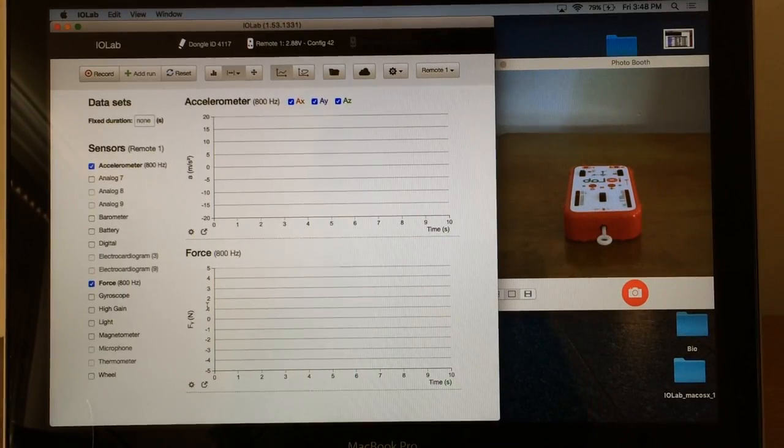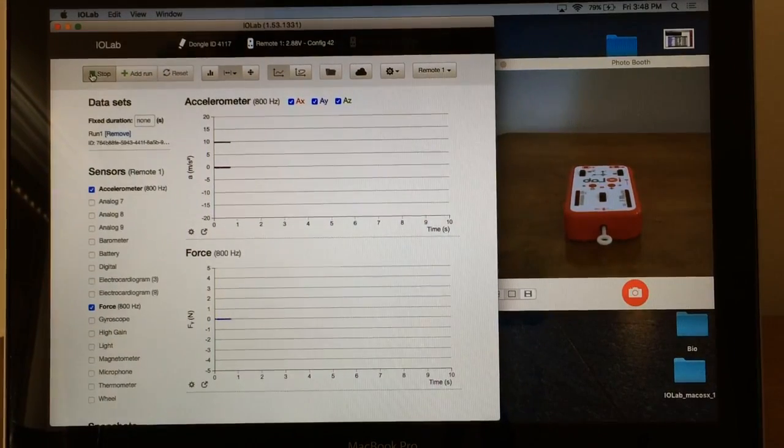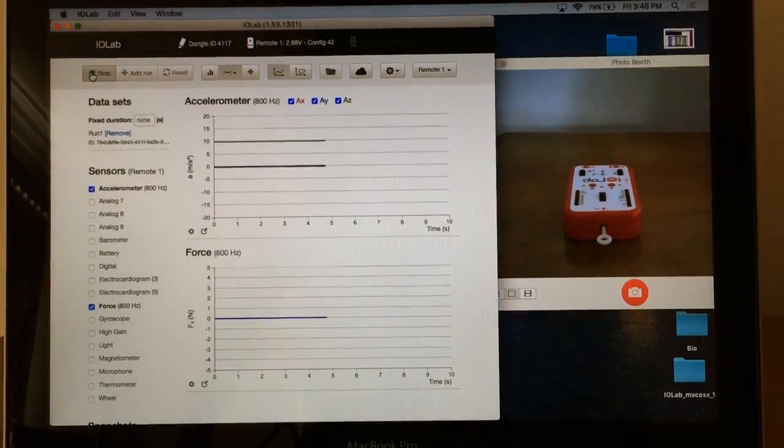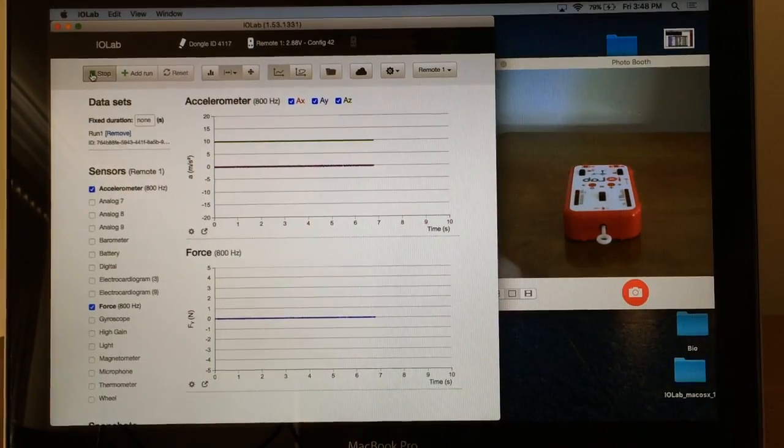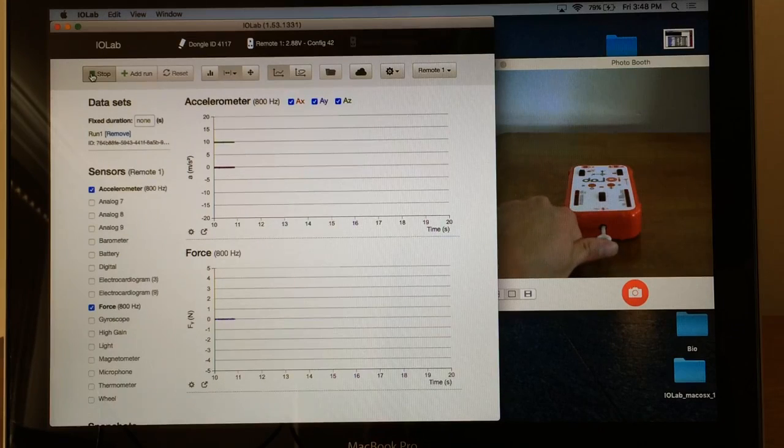I already have my dongle plugged into my computer and I have my device turned on. Once I choose my sensors, I am all ready to take data. So I'm going to press record in the top left-hand corner here, and you can see that it's starting to record. All I'm going to do with the device here is give it a small push from the screw